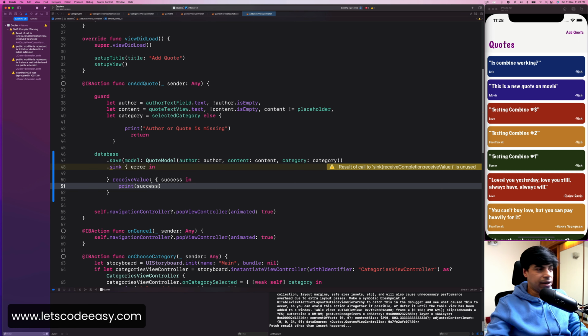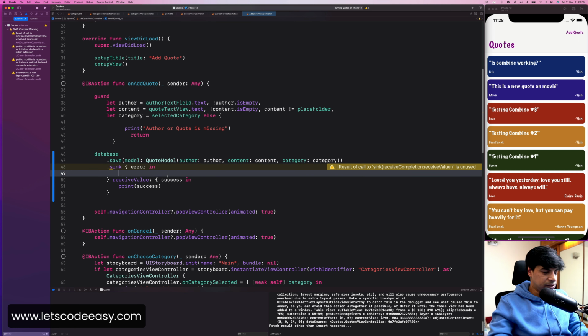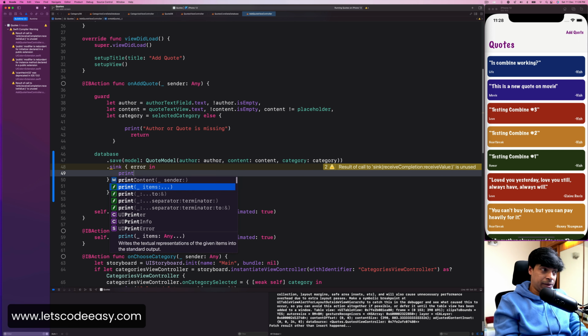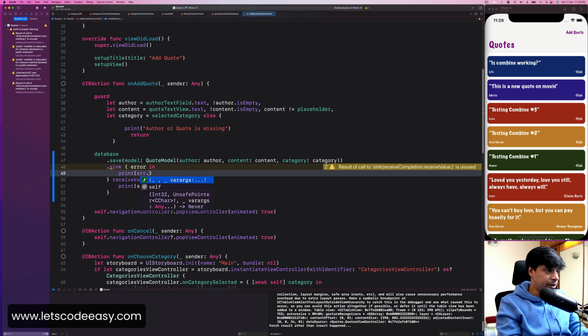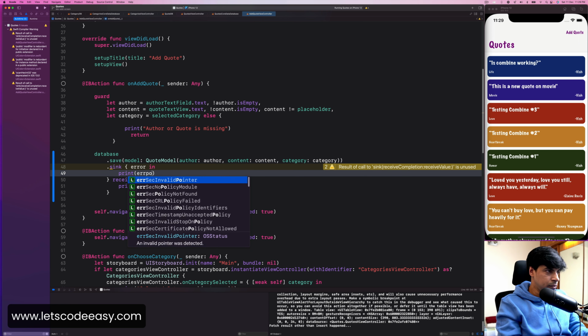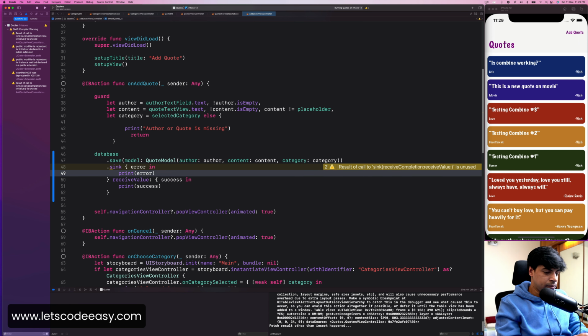I could have assigned that success to a success label, and even the error, as soon as I receive an error, I can assign it to any control which is pointing to the error part of it, so it can right away show that error. So this is my error,